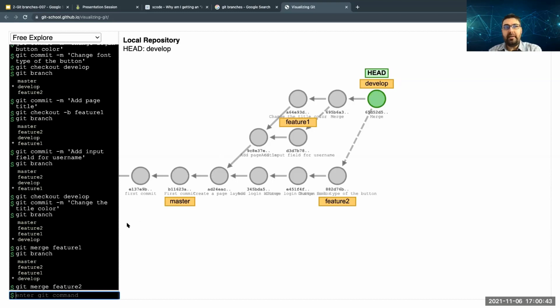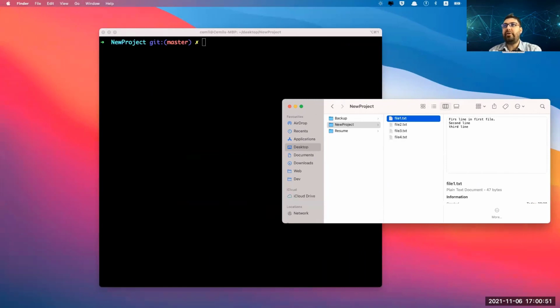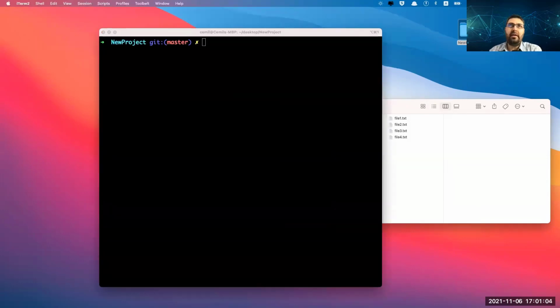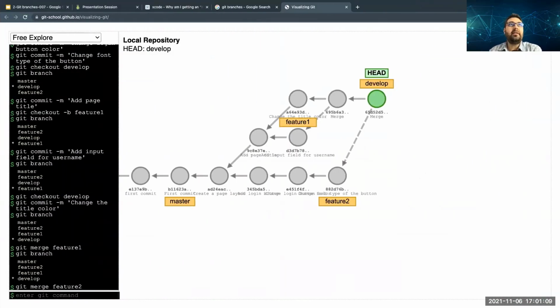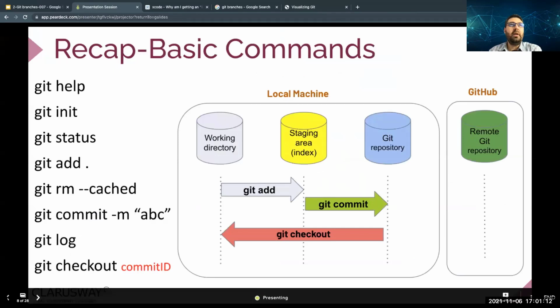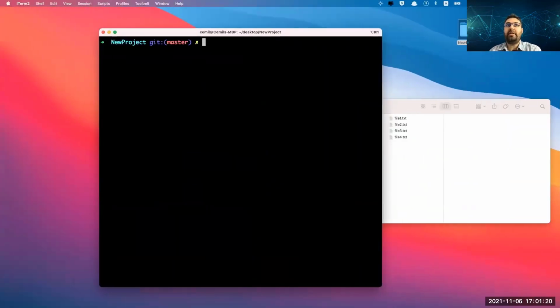Yeah, in the next lesson, I'm going to make all the stuff on an actual project file, so we can see how we can collaborate with others by creating different branches, how we can make changes, and how we can actually merge them. Well, just for today, except for git init, git add, git status, git commit, git log, git checkout, we just do this.